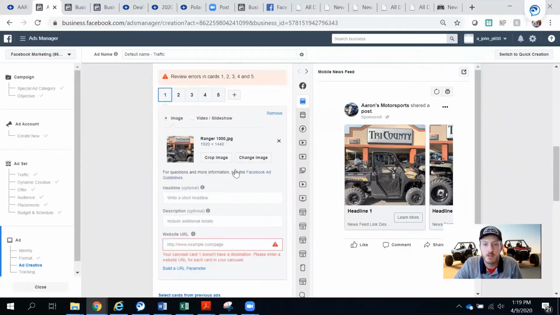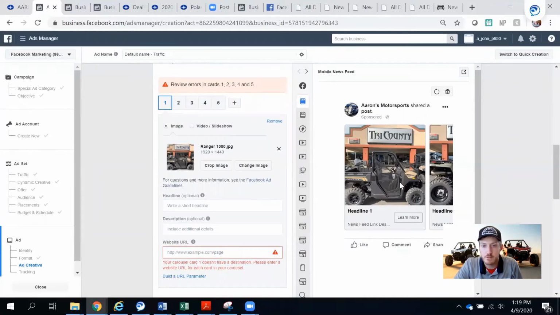From here, I'm going to start updating some of the vehicle-specific information. So under headline for this particular one, I'm going to call this the Ranger 1000, maybe I'll call it the Polaris Ranger 1000. And under description, I'm going to say starting at, you know, $299